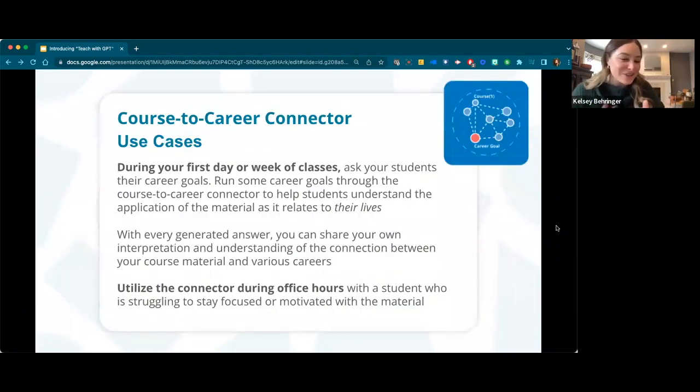So, some practical use cases of this tool. I could definitely see myself and other educators bringing this up in the first day of class, your first weeks of class, and just asking students to share why they're in this course, or what their desired career is, what their major is, and then putting some of these answers into the generator and seeing what comes out, and then having students start to make those connections from